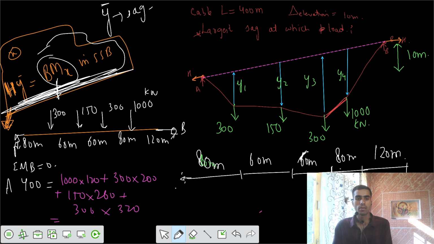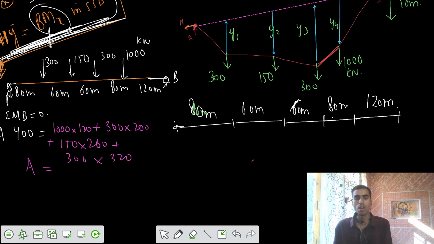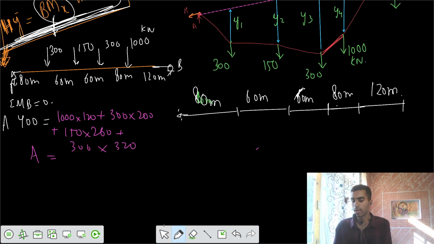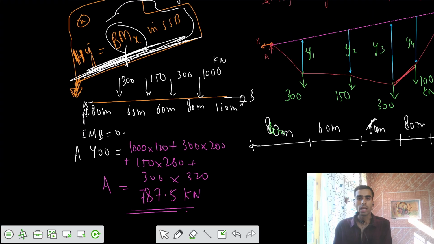Then the vertical reaction at A equals 787.5 kilonewton. So I got the reaction A. I don't care about reaction B. I got reaction A. If I now cut any section,